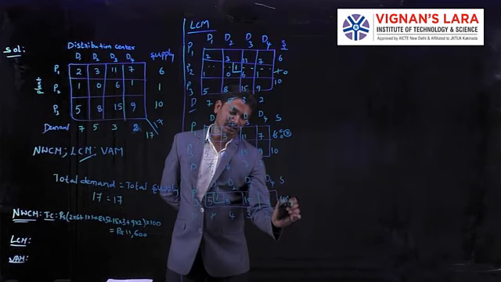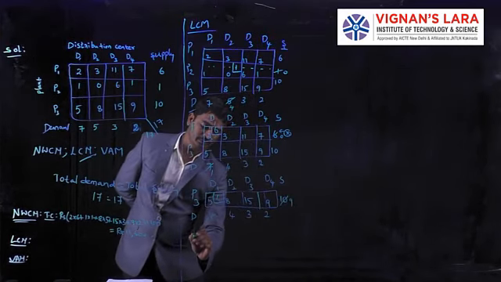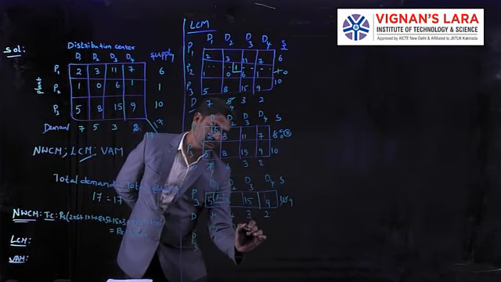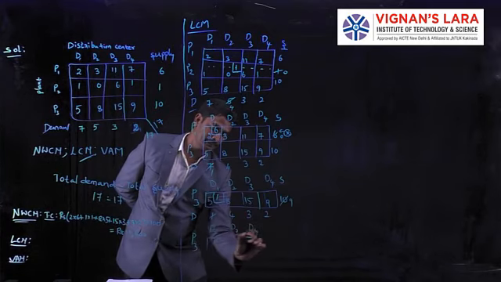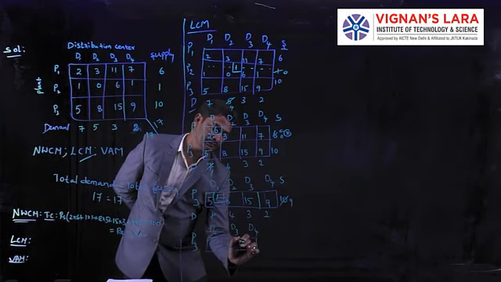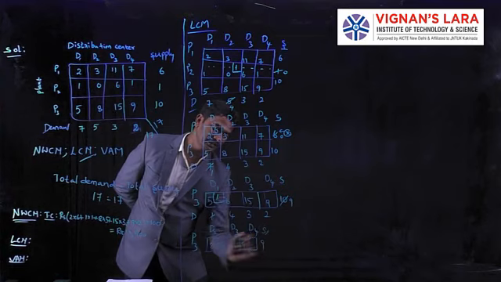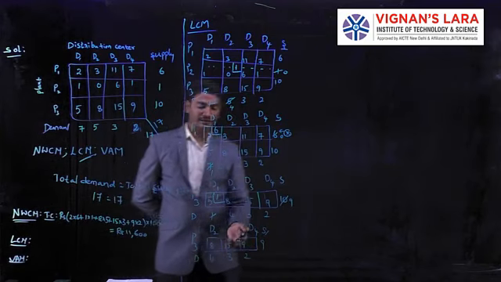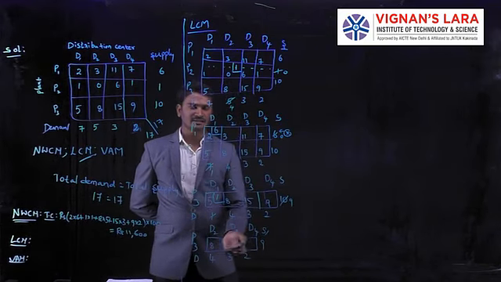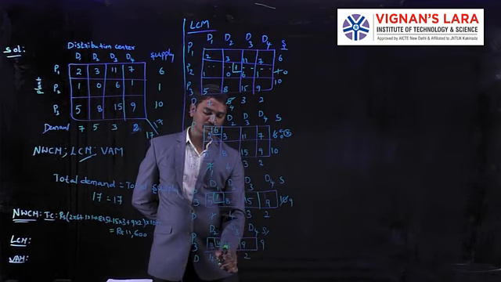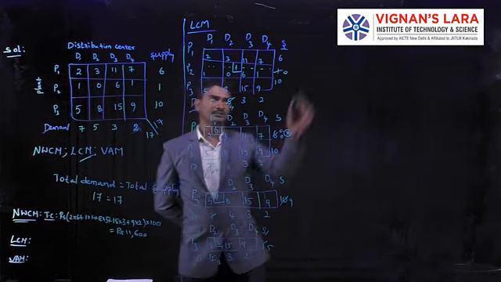After this we have 9 units supply, so P3 with D2, D3, D4. The costs are 8, 15, 9. Supply balance is 9 units. The demand is 4, 3, 2. Okay. Here again we are going to identify the least cost. Here the least cost is 8 rupees. So here we are going to allocate 4, leaving 5. Next, for further iterations we are going to remove the D2 distribution center.